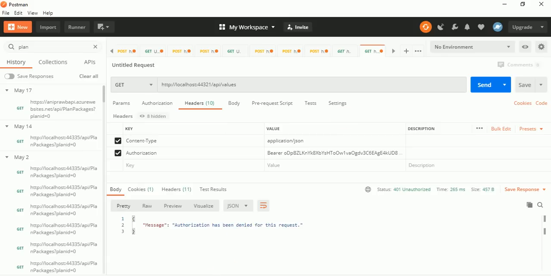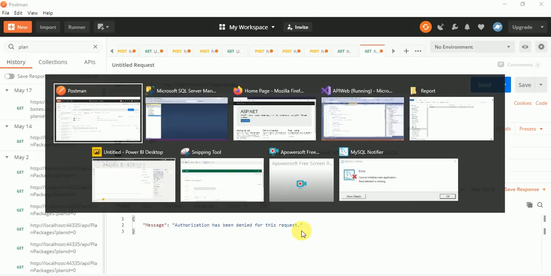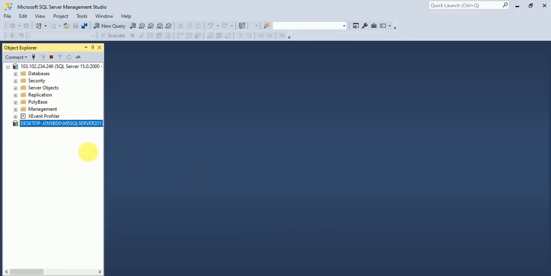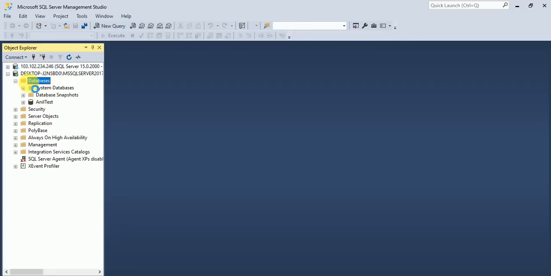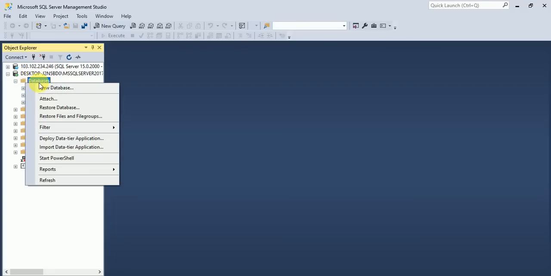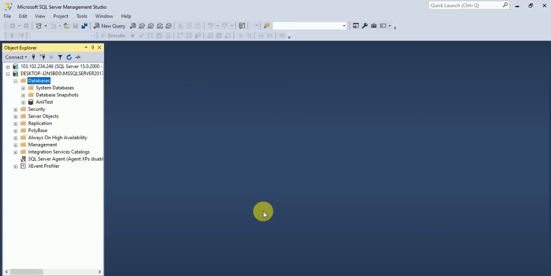Okay, so let's move on to SQL Server, because the same thing we can do with SQL Server. Here this is my SQL Server, and in this SQL Server we can also create a new database, or we don't even need to create a new database, we just have to connect our database with the web API.